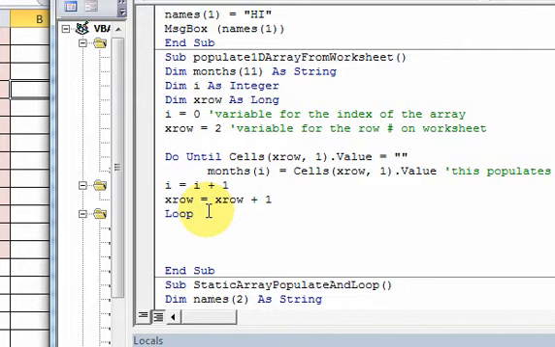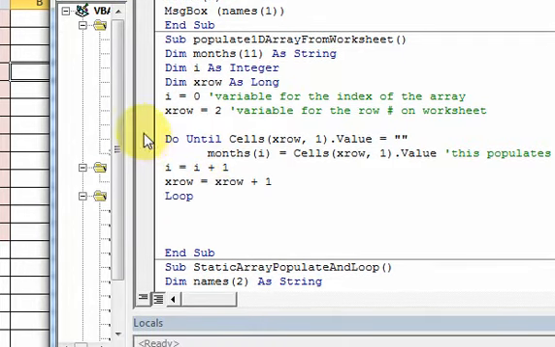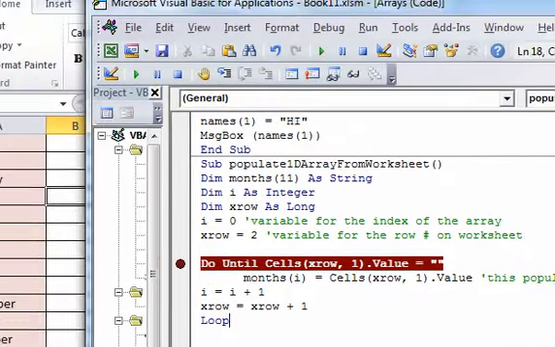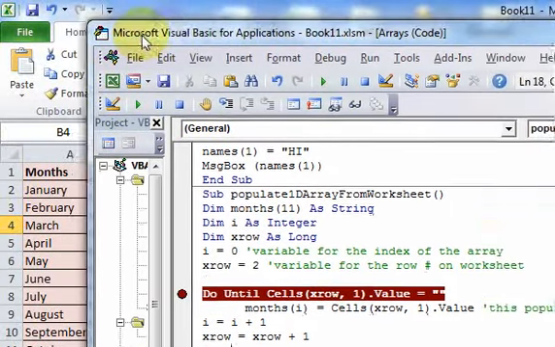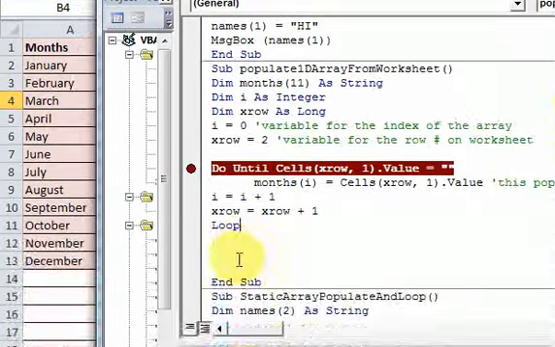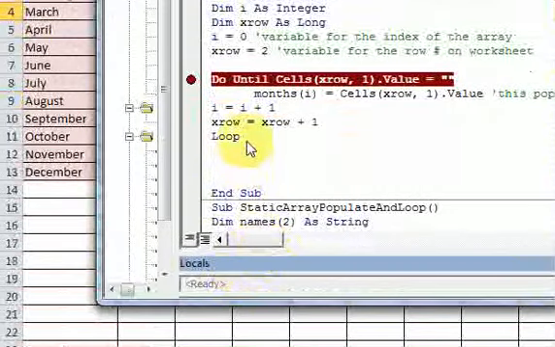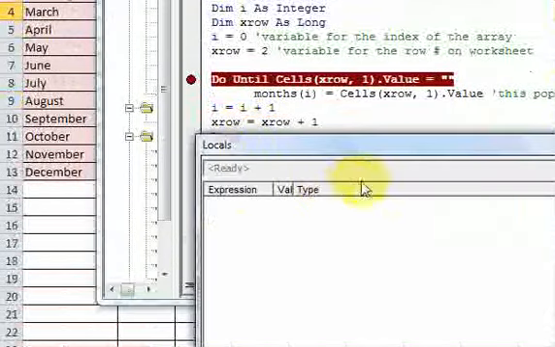So now if I run this and I move this over, and I pull up the locals window here, what we should see